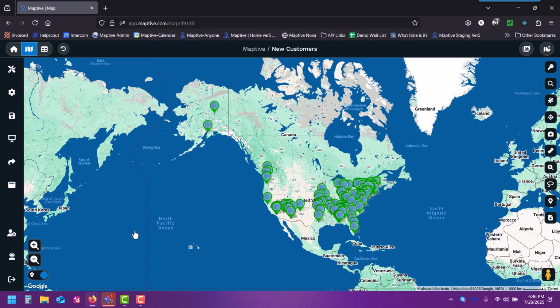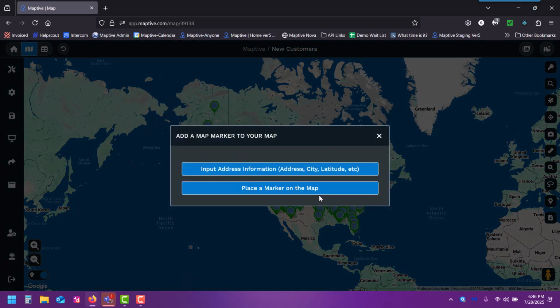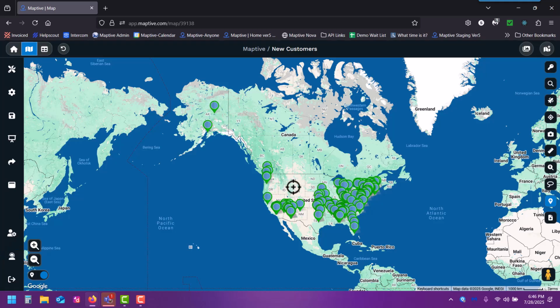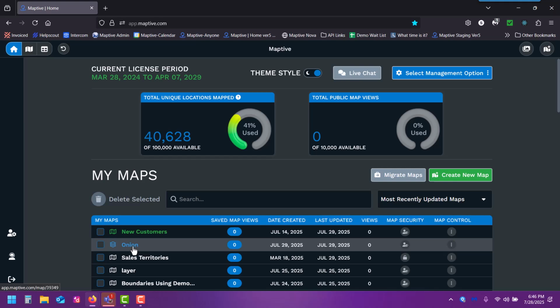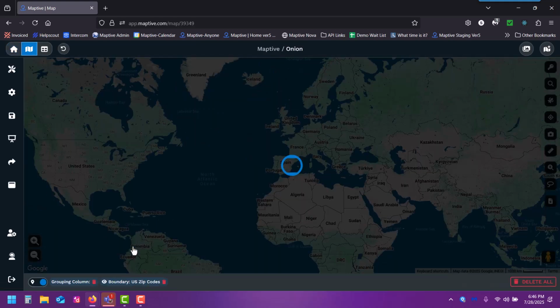I want to go back to that new customer map, and I'm just going to drop a marker on the map to show you what's going to happen. And I'm going to stand it way out by dropping it right in Montana where I didn't have any locations. Now, if we come back to my onion map,